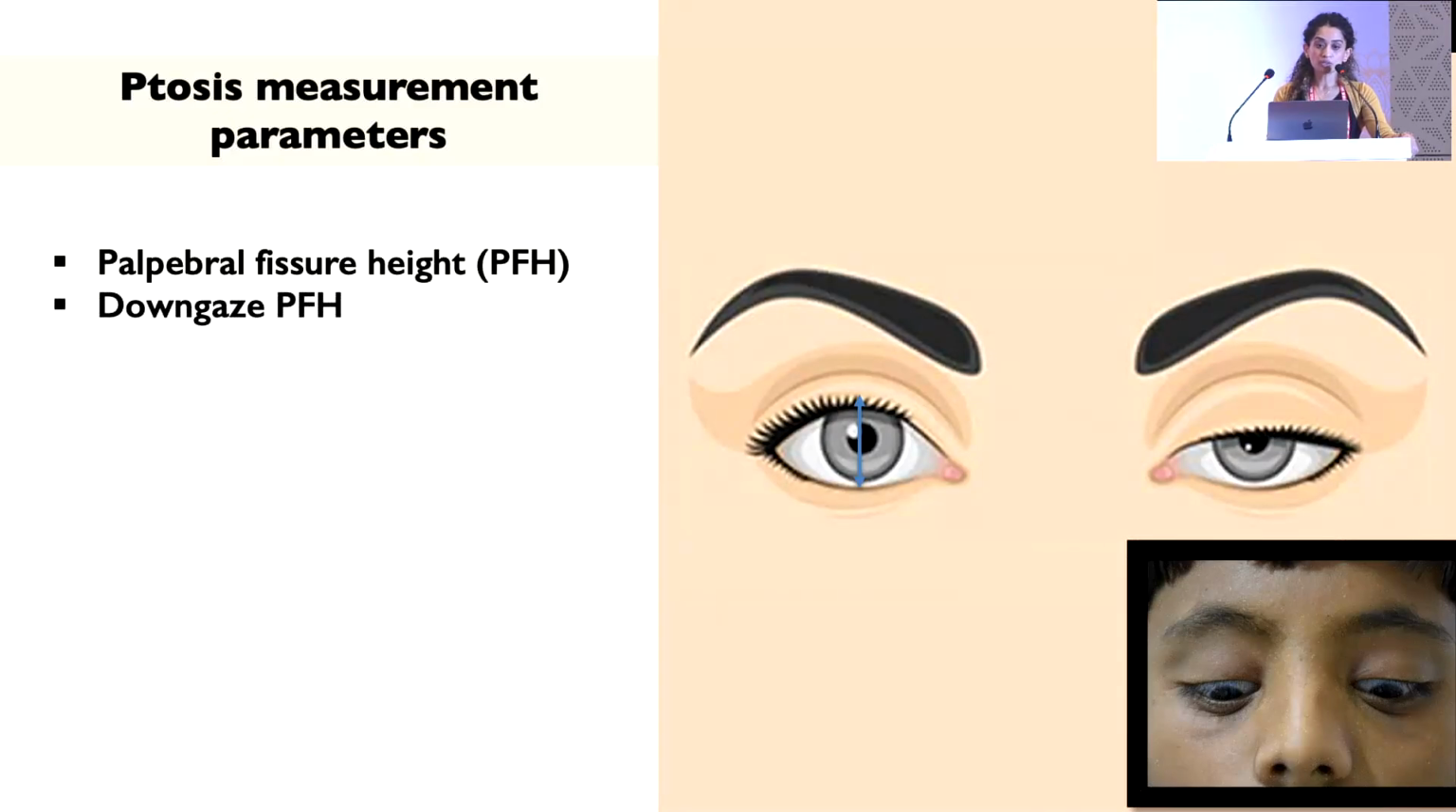You always look for the down gaze palpebral fissure height. As I told you, you will be able to differentiate this between a congenital ptosis or an aponeurotic acquired ptosis. Can acquired aponeurotic ptosis happen in a child? Yes, in those children who have